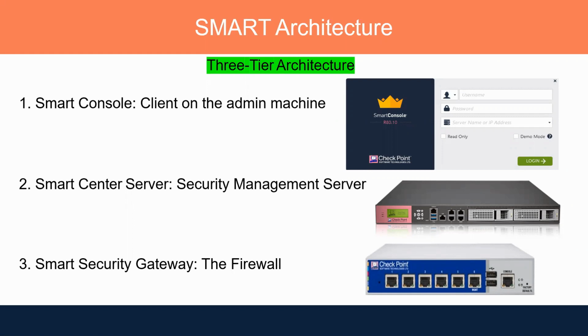The three components are a SmartConsole, which is a client. You can download SmartConsole on a machine and install it. The other component is a management server, which stores policy, and all the policies and policy objects you can create on the management server. The third component is a firewall, which is a data plane. This is the firewall or device which is going to protect your network from different types of attack, or a device which is filtering the traffic.